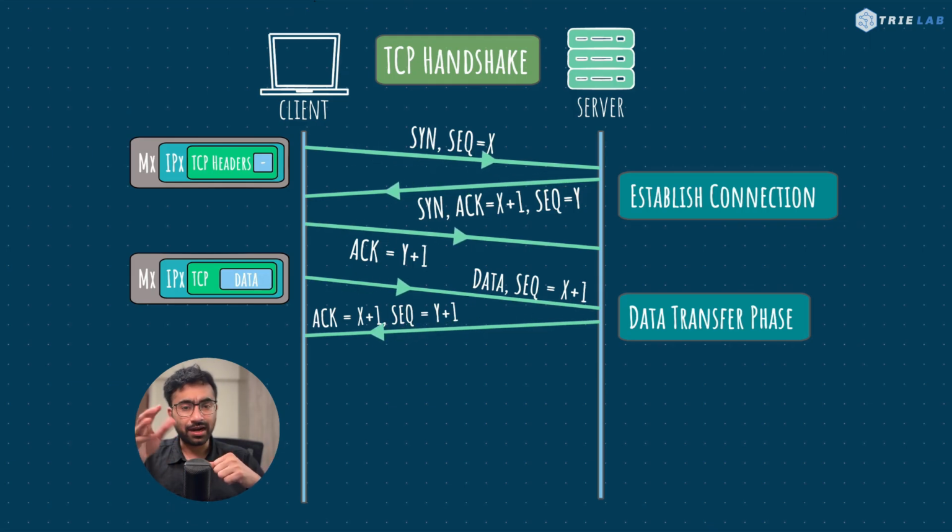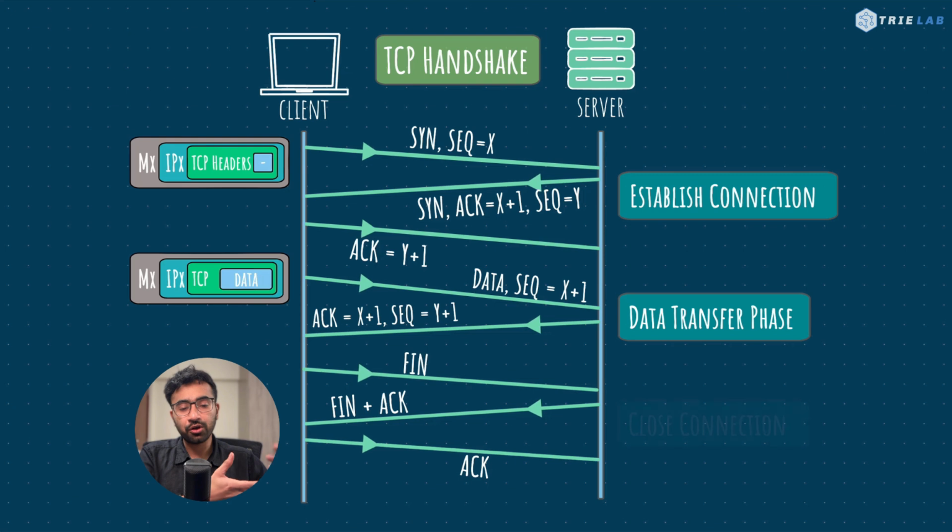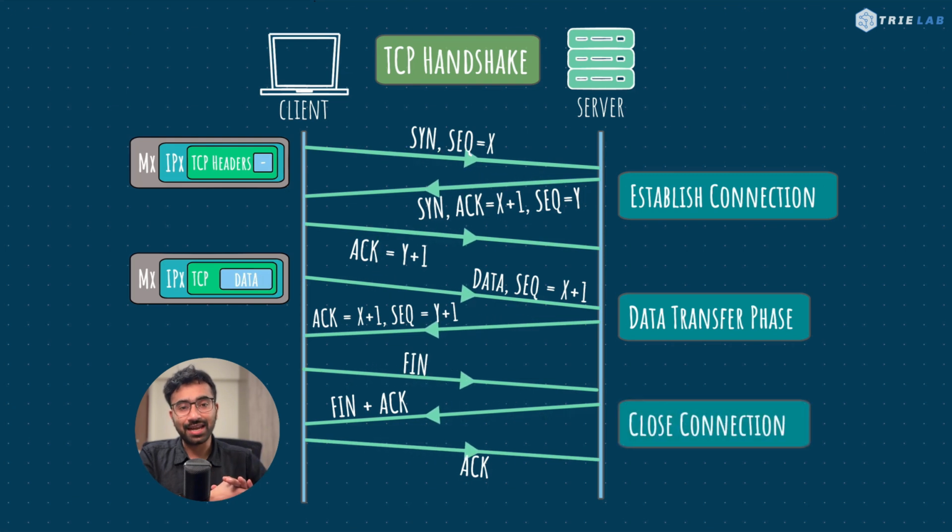Another interesting fact, if you observe, is that when the client is initiating a connection with the server by sending the first SYN request, the packet need not have any client data, as this is a transport layer protocol and this packet is to be consumed by the transport layer itself. Finally, after the data transfer phase, any party, the client or the server, can initiate a FIN request to gracefully close the connection.